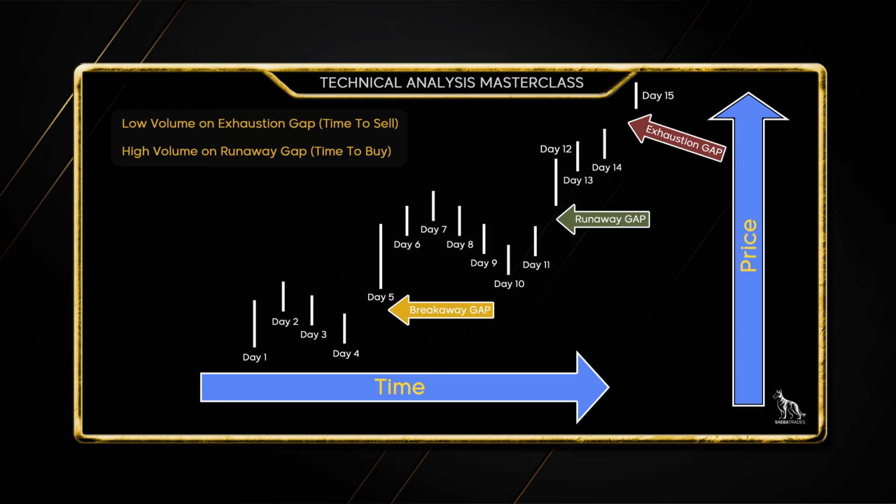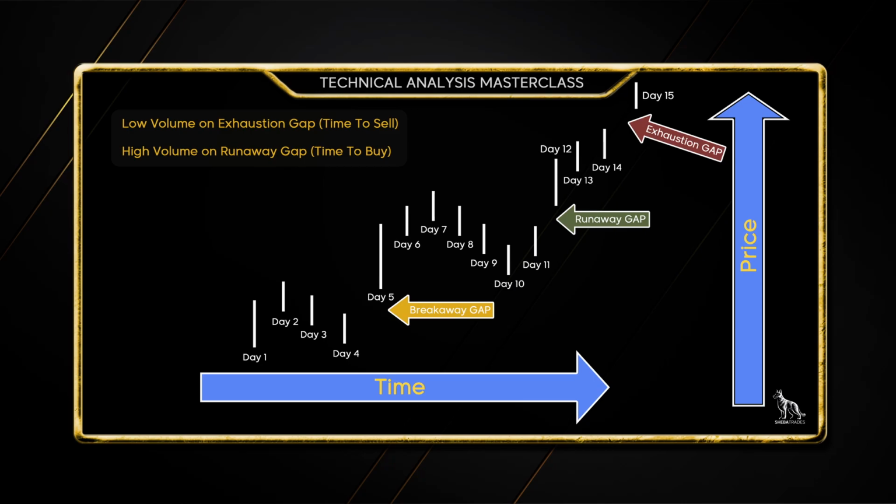And you see where they start to run out of steam there, and you start having what would become an exhaustion gap, where you have that gap, and then on day 16 what follows is overlap. So that price comes right back down, leaving a gap in between that day 15 low and that day 16 high, forming what's called the exhaustion gap.